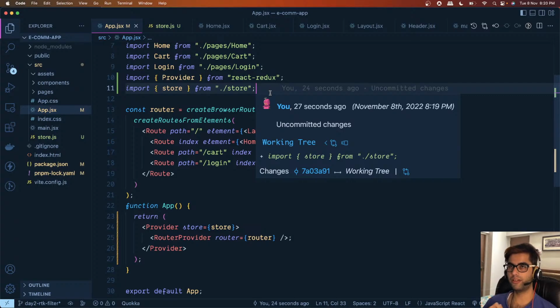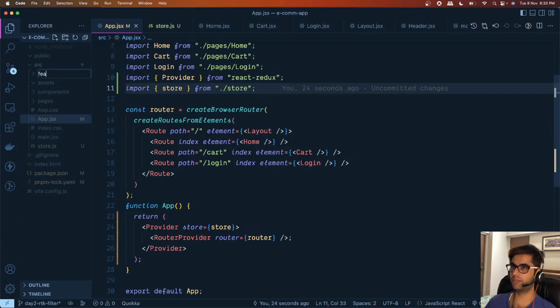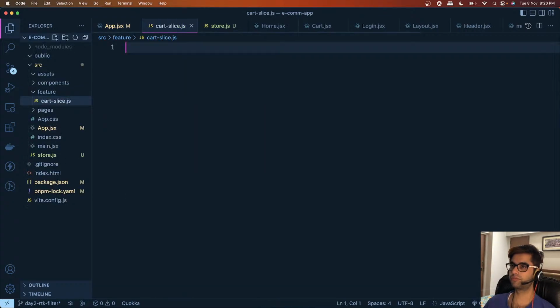So we will write a reducer which is just responsible for managing updates to the cart. For that we'll create a folder, let's call it feature, and here we'll create something known as a slice. So cartSlice.js, and here we will say